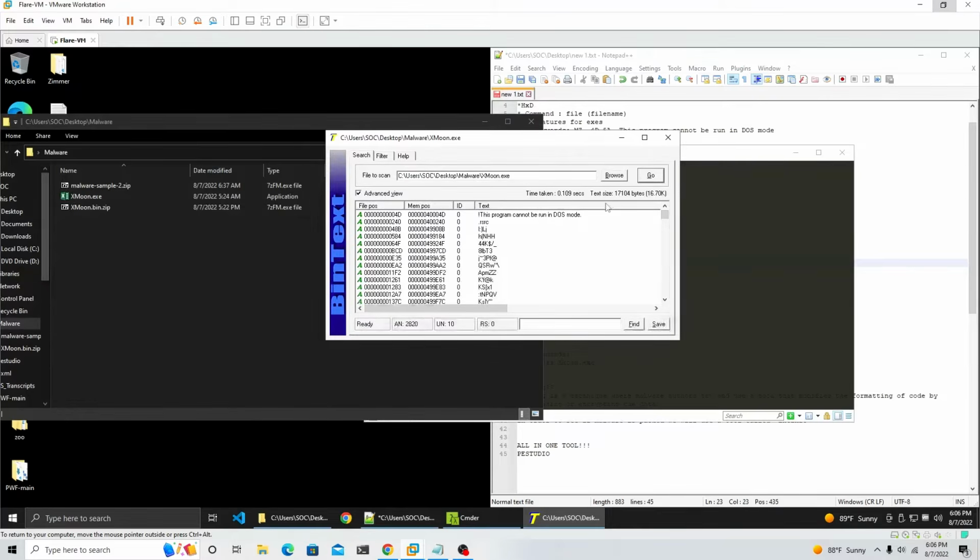So see over here, I grabbed the malware and just put it in here. It says file to scan, and I dumped it in there and it shows me everything. And right here, we can literally search for words. So if I wanted to see an IP address, I'll do, let's see, 11.22.11.20 or 11, I don't know. And I'll do find, and it doesn't show me anything. So if I do this